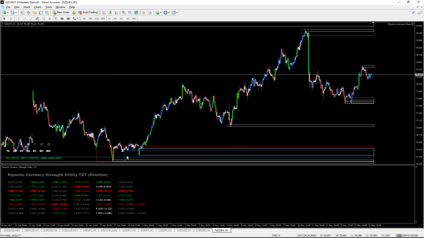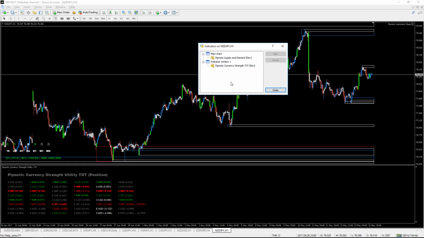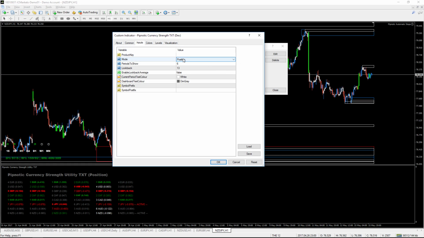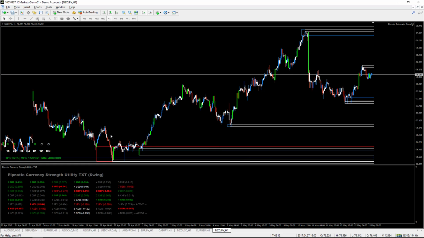Okay, so now we can see that we have to update the strength information. You can see it's kind of struggling there. It's downloading, it has to download some strength information. But what I like to do here is, first of all, let me change the configuration to swing trading, which I like. Okay, so what I like to do is, first of all, you have to consider how you